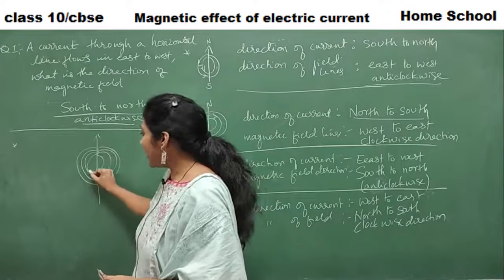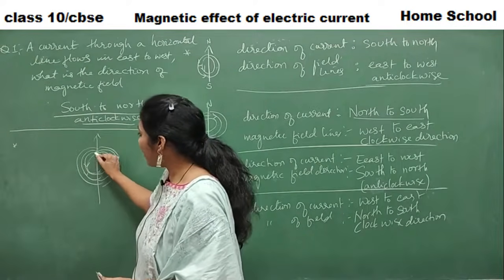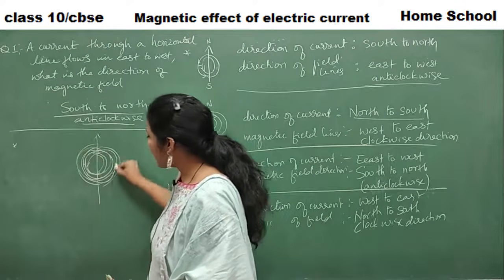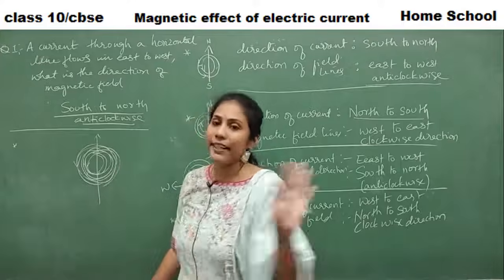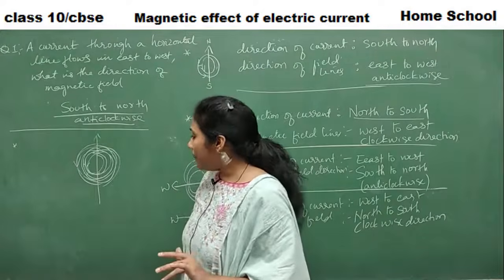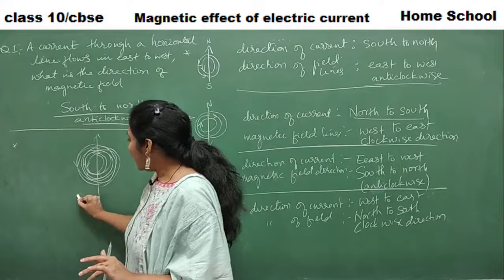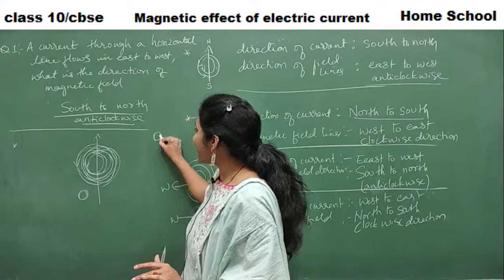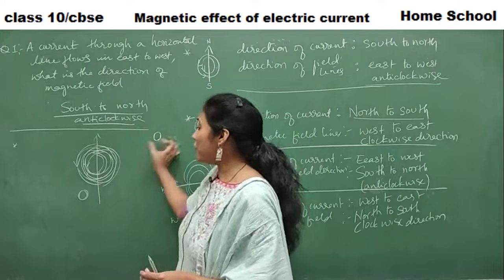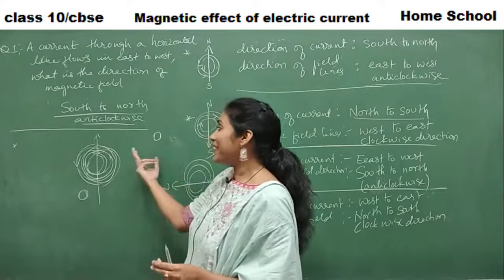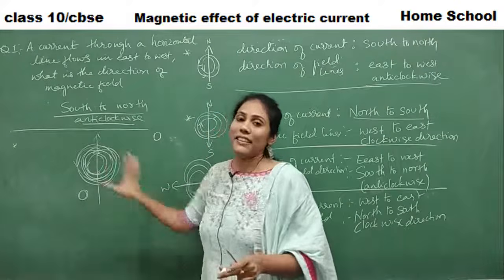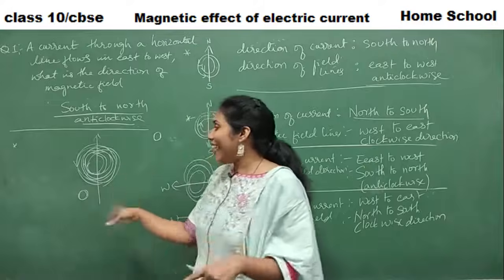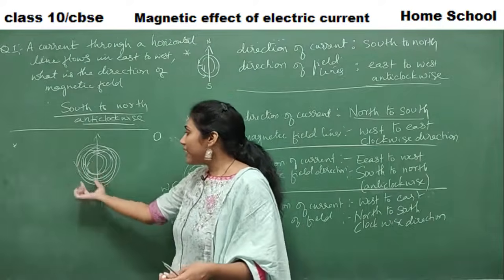So there would be a certain movement direction. Field lines always move like this, in this direction. Say, for example, one object I will keep at this distance, and another object I will keep at this distance. On which object do you find more effect of magnetic field? I mean, which object can be attracted very nicely by this particular field?